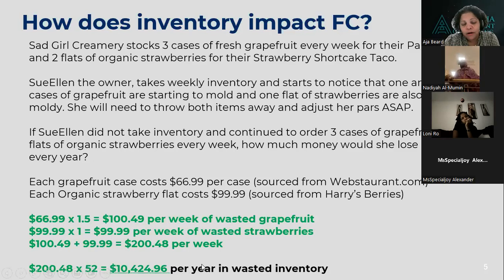Just because we didn't check our PARs or we don't have employees that are checking it, that are throwing away items. And usually you're going to catch something that's this egregious, but this is how bad it can get, especially as you have more ingredients, multiple items. Maybe it's not a full case, maybe it's a bottle, maybe it's half a container, but it starts to add up very quickly. And so if you are counting your inventory, you're managing that more efficiently because you know how it impacts your bottom line.